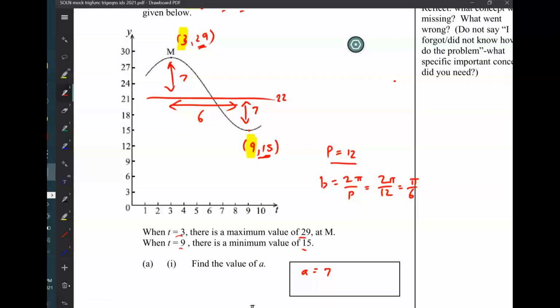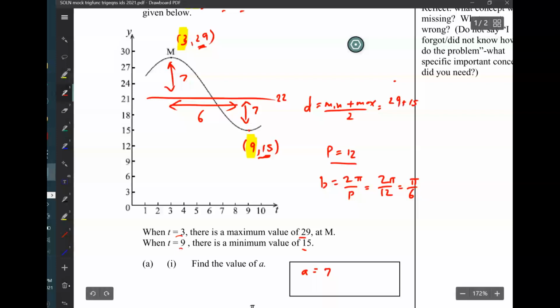So the height of the mean line is 22, and that is also equal to D. The other way to do it is there's a formula for D. You memorize that, and that would be that the minimum y value plus the maximum y value divided by 2 is equal to the D value. And so if you did that, you'd get